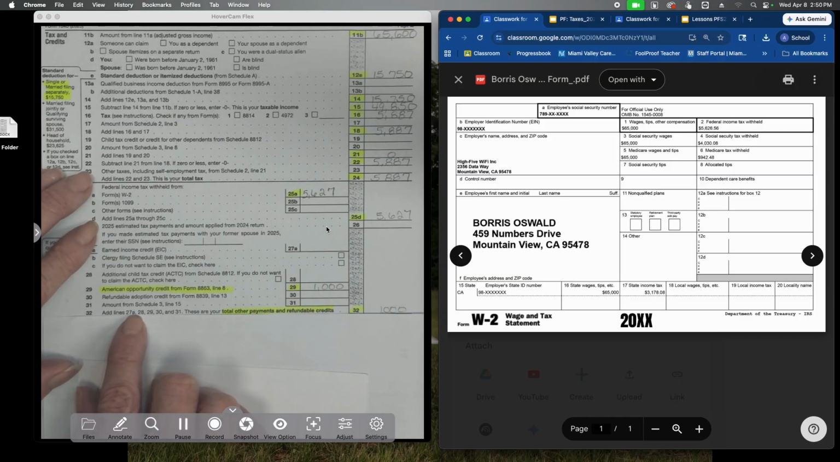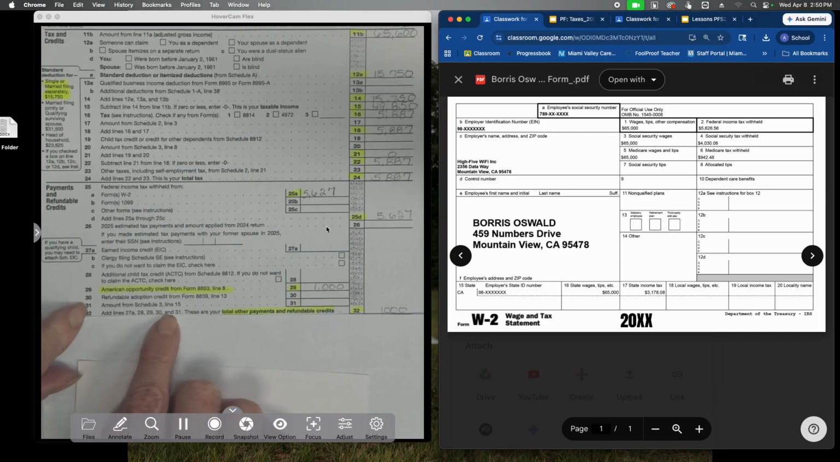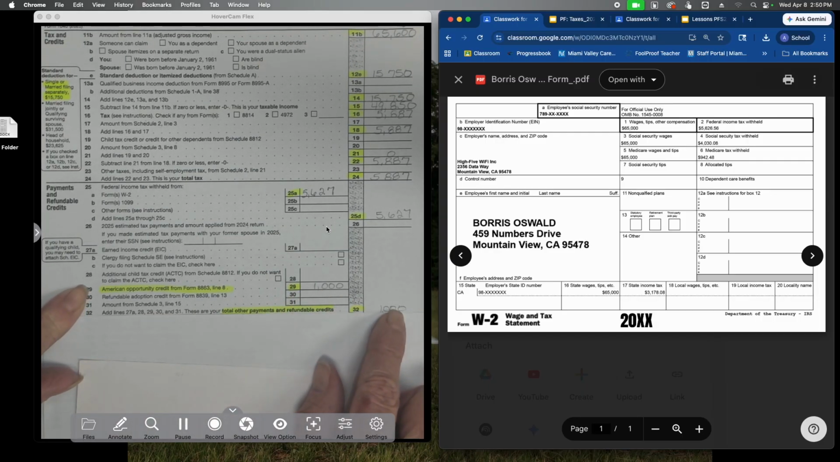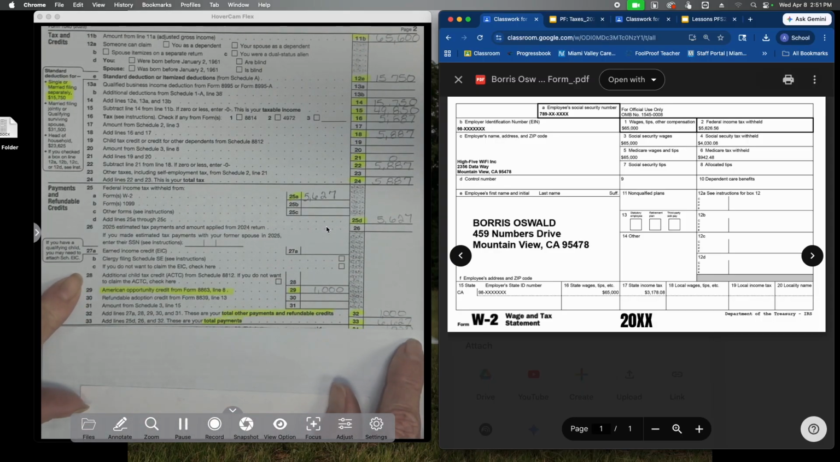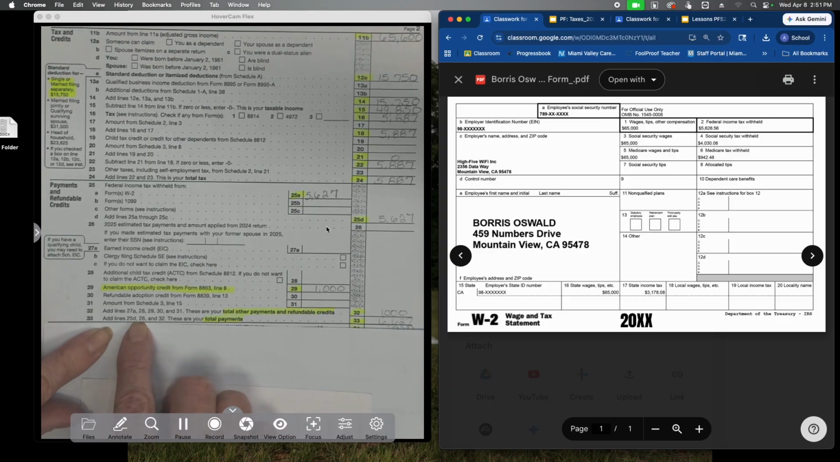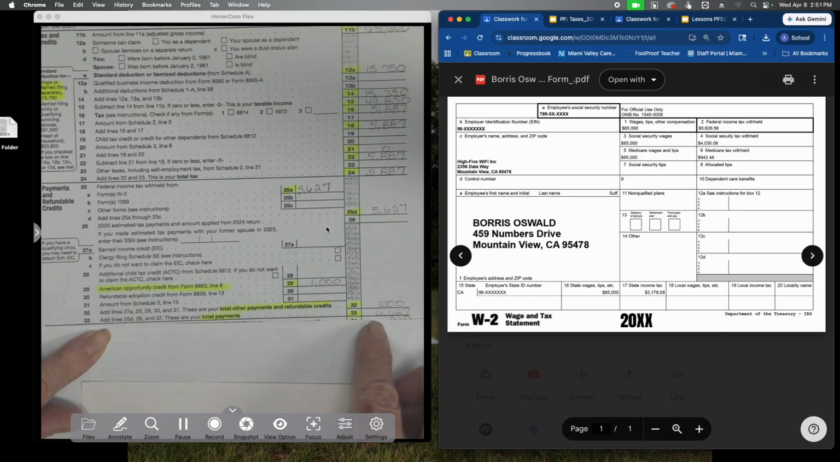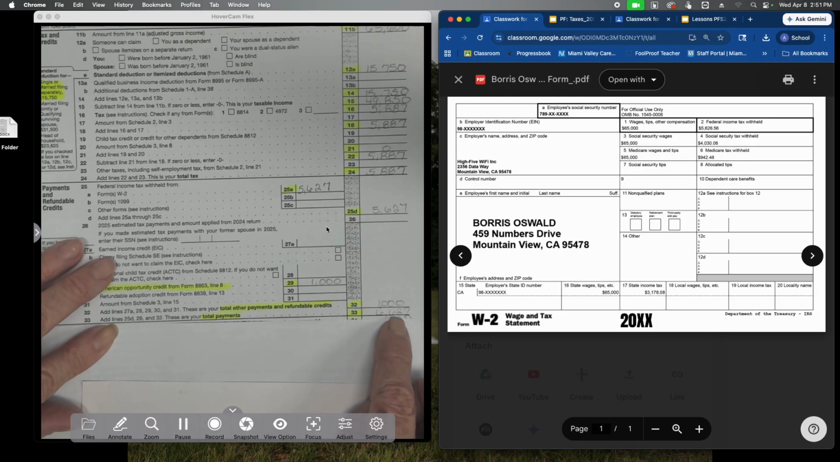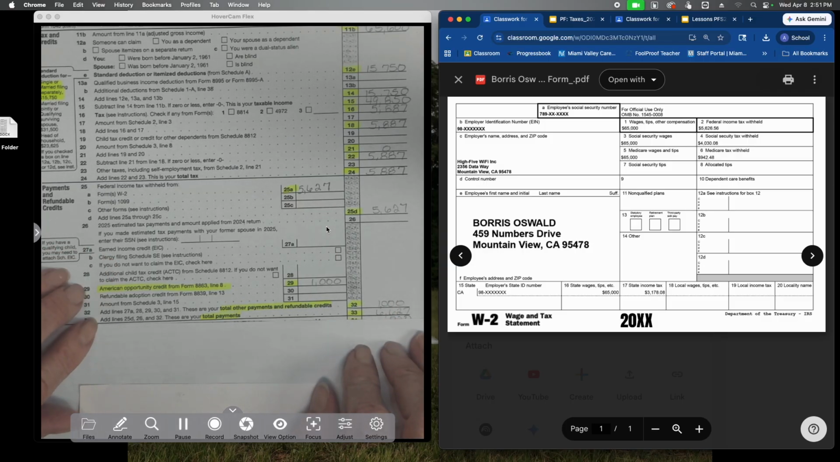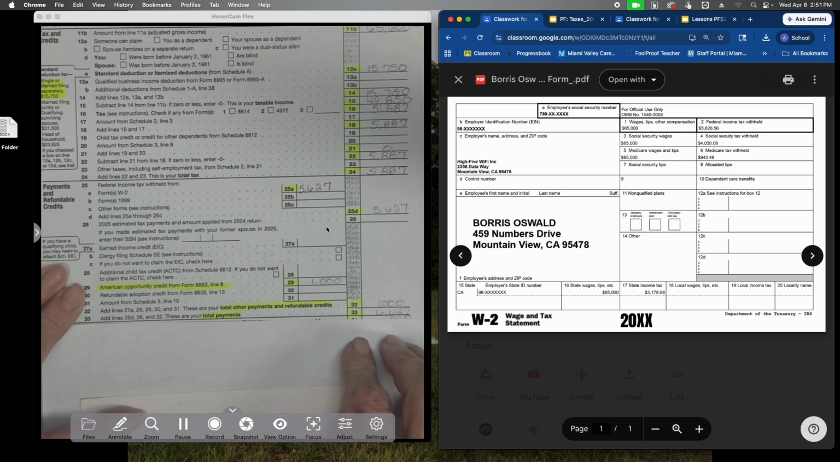Then we're going to add lines 27A, 28, 29, 30, and 31. The only thing we have is the $1,000. Then we get down to line 25D. We're going to add 25D, 26, and 32. So 32, 25D. We have $6,627 that we have actually paid into our taxes. What did we owe? We owed this amount up here,